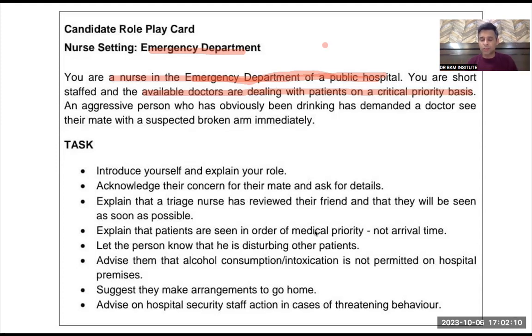Why don't you call the doctor? Well, please try to cooperate with us. Please try and understand the situation. By making a loud noise, you are scaring other patients and disturbing other patients. So it is not a good thing, because some of the patients, as I have already mentioned, are not in their conscious state. Some are semi-conscious, so they might get anxious. So you need to understand that you are standing in an emergency department, and over here, silence is the most